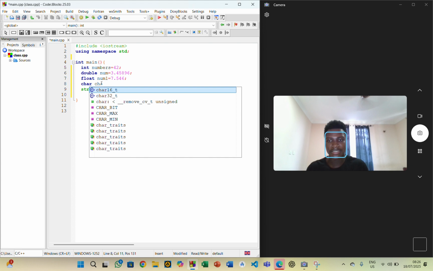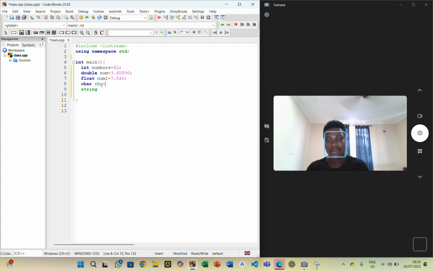Sorry, something like this. And then this is now my variable that will be holding my character data type. So character something, and when it is a character, you have to put it inside a single quote, like A, and then you terminate it. And then for my strings, I can call my string name, and then I'll assign my name to it. Now strings, before you assign a name to your string, it should be in a double quote. So for instance, name like Emmanuel,